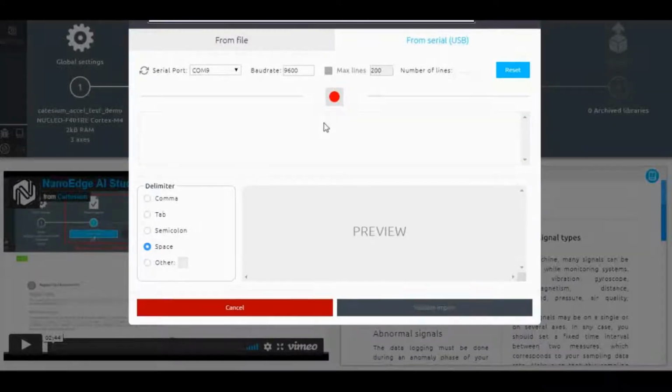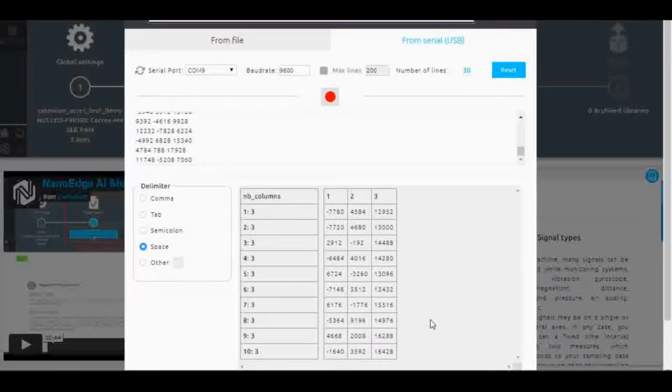So here once again I'm trying to capture the signal of anomaly, and let's see how it comes. I think this time it came properly, and I am just moving the accelerometer up and down, and let's see how the data it is able to detect in order to learn. I am trying to train the model, and as soon as 30 signals are completed, I will stop it. This time I think there is no value.